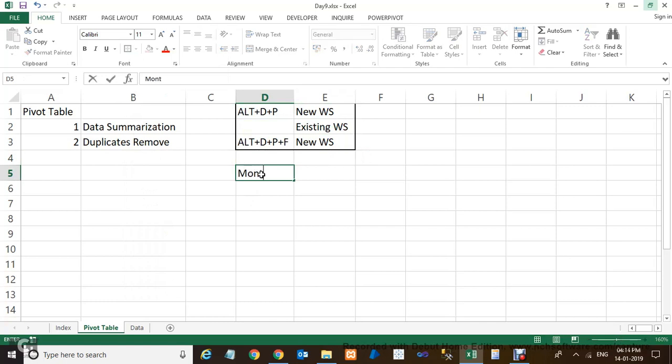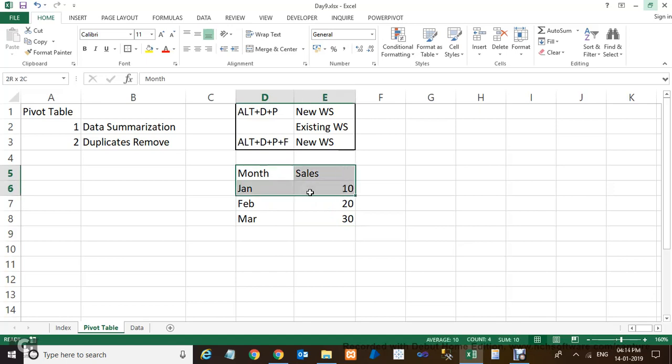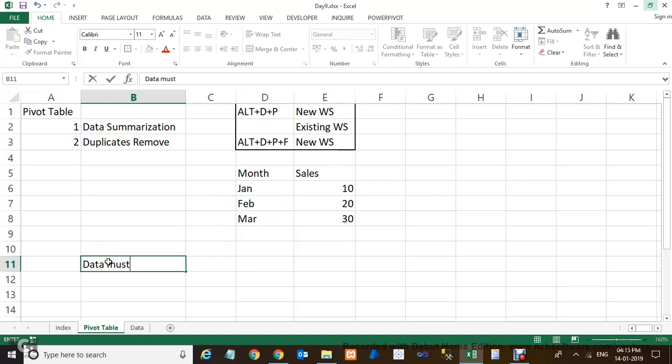Now suppose you have data like month and sales, where the month is Jan, Feb and March, and the sales are 10, 20 and 30. If I create the pivot from this table, it is going to be created easily, it is not going to create an issue for you. But if I delete this sales column and now you want to create the pivot table of this data, it is not going to be created because the header is missing. So the golden rule of the pivot table is that data must have the column heading, or you can say fields,